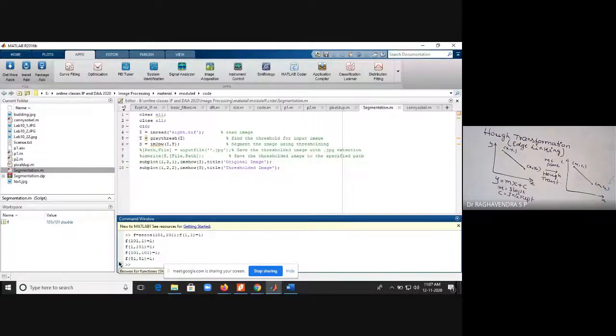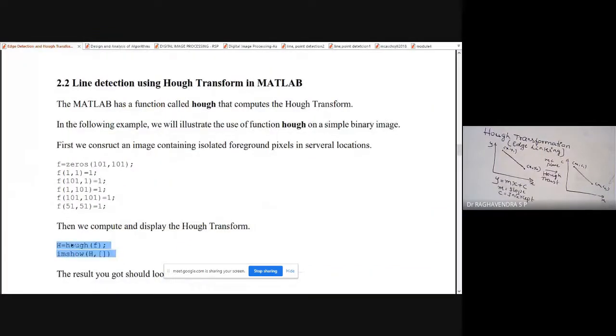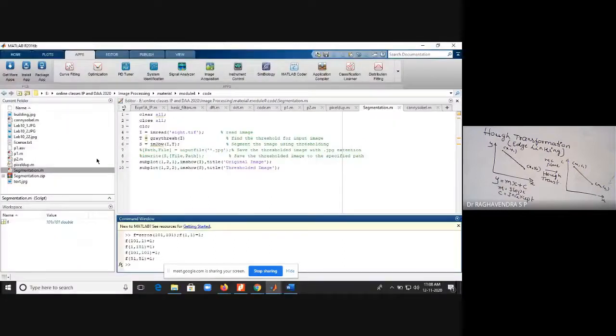I am copying and pasting this here. Right. Okay, so h is equal to hough of f.